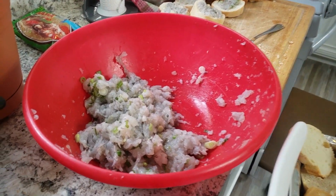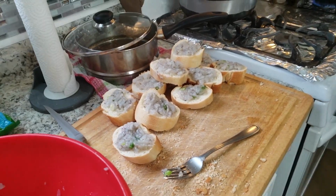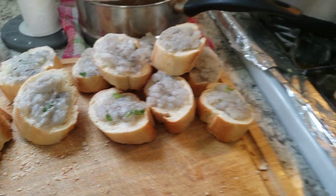So you gotta do, mix it up, chop the shrimp into that. And right to the